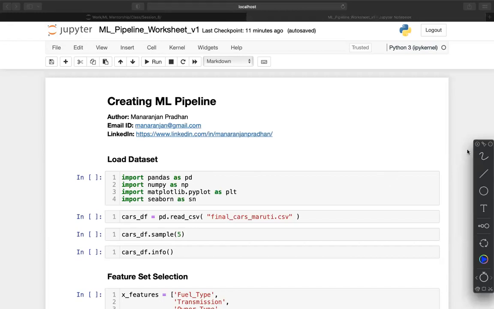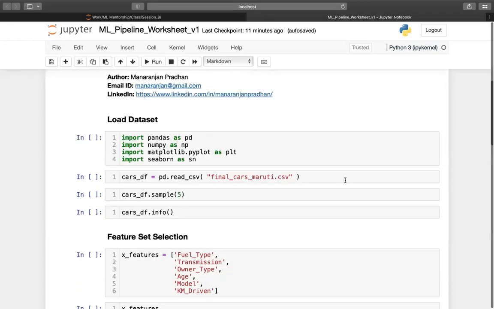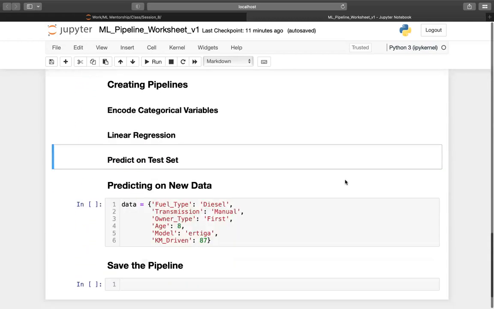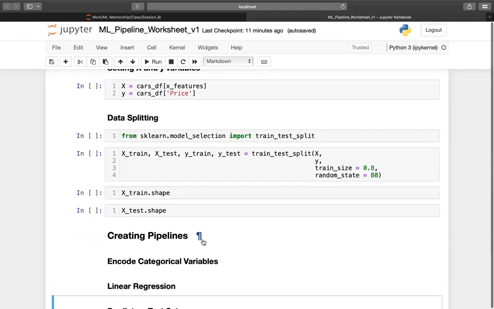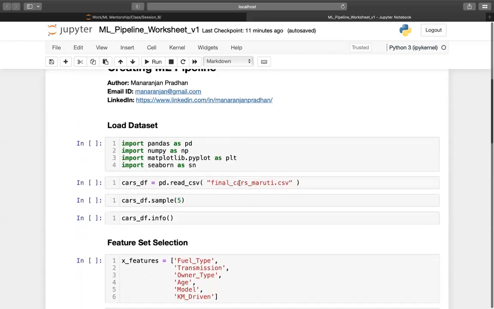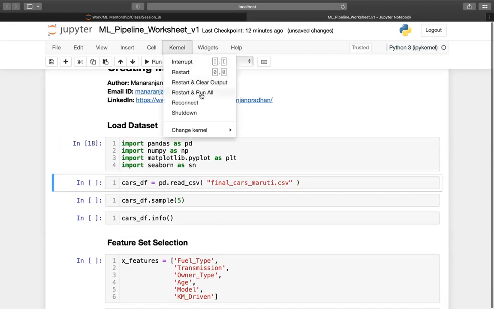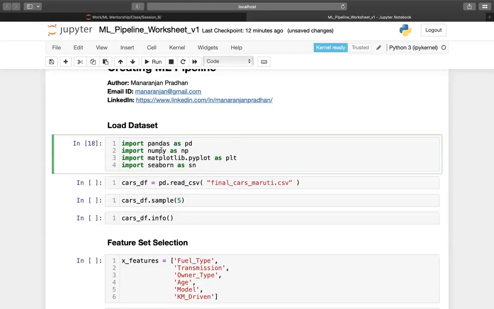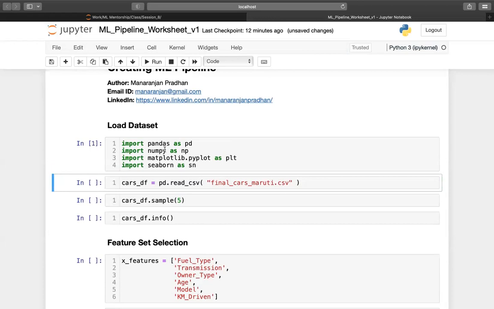So for this, I have completed a few steps like loading the data set, feature set selection, and so on and so forth. The remaining steps of how to create a pipeline, we will do together. Okay, so let's get started. We'll import the required libraries like pandas, numpy, matplotlib, and seaborn first. And let me restart the kernel to restart fresh. So let's import all the required libraries